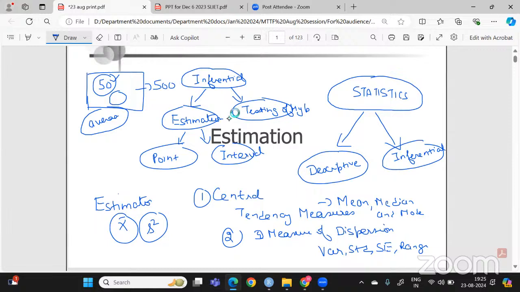Now, what is point estimation? Point estimation says that whatever sample we took the first time, we got one value. When you take another sample, we get a different value, or it may be close to the previous value, but it should not be equal to it. To overcome this drawback, what we do is,